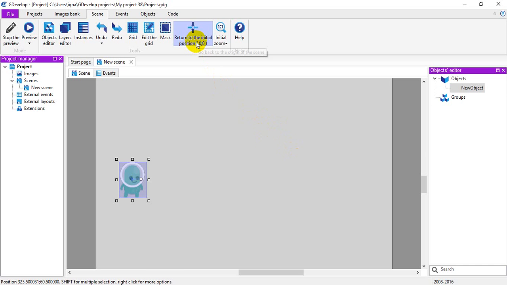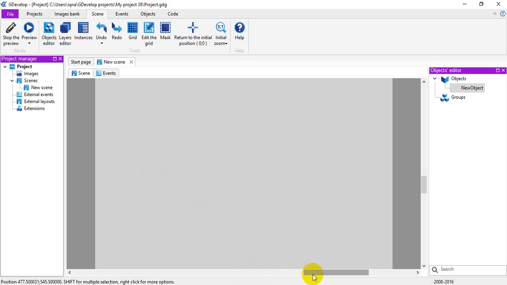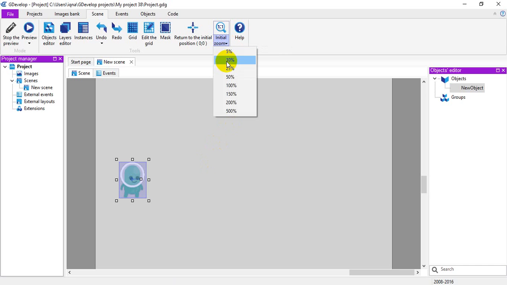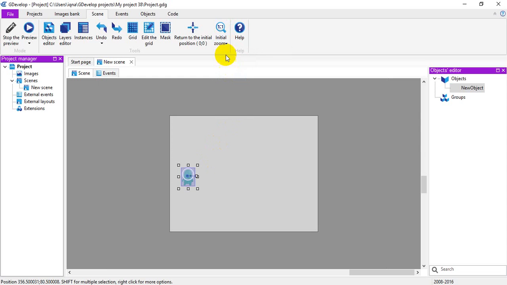And return to the initial position is if you drag the frame around while editing a big level, for example, and you want to return to your position from before you started. So if you click return to the initial position, it will take you back here. And initial zoom is if you want to zoom in or zoom out of your window size.